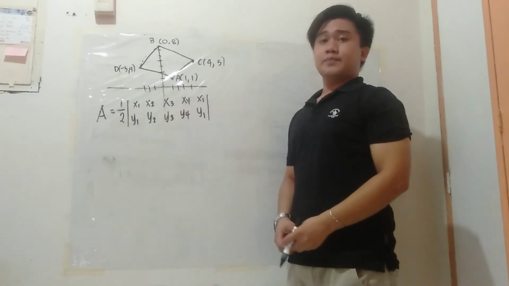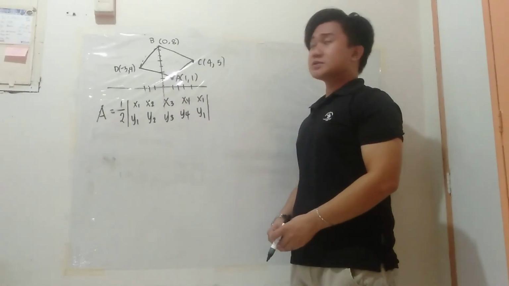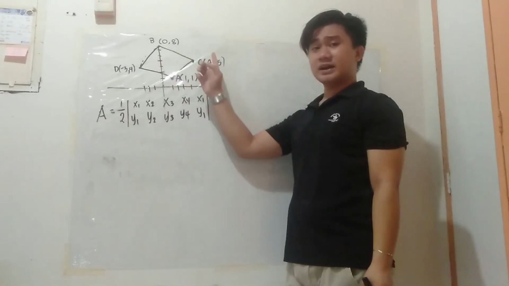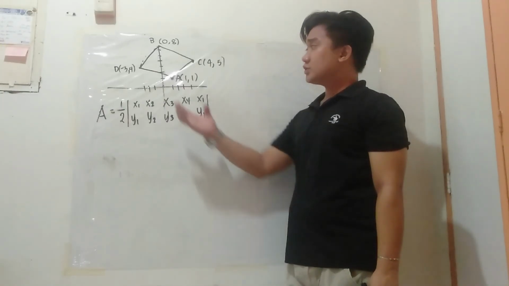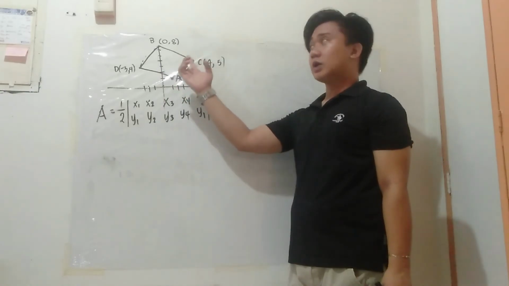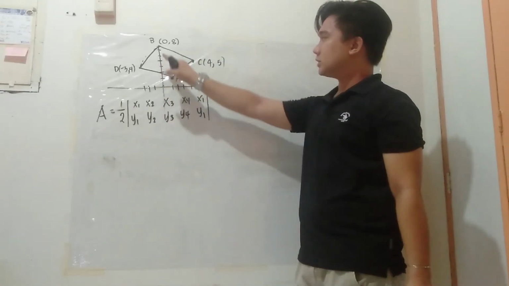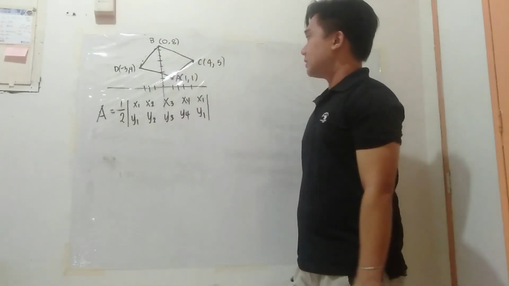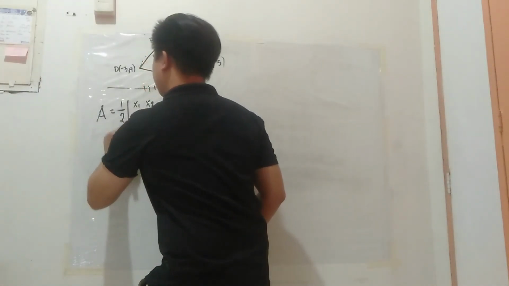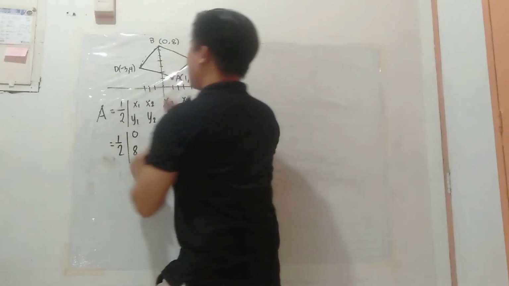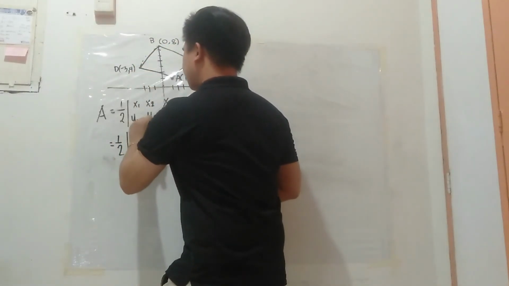Okay? So, kailangan mong piliin kung saan ka mag-start. Kahit saan ka mag-start, basta, dapat sunod-sunod yung pagkakakuha mo at dapat counterclockwise. Ako, dito na lang ako magsisimula sa (0, 8). So, 1 half, (0, 8), counterclockwise, (-3, 4),